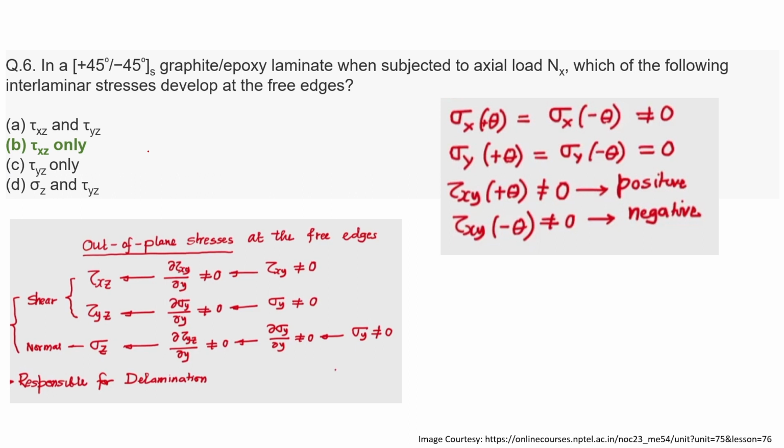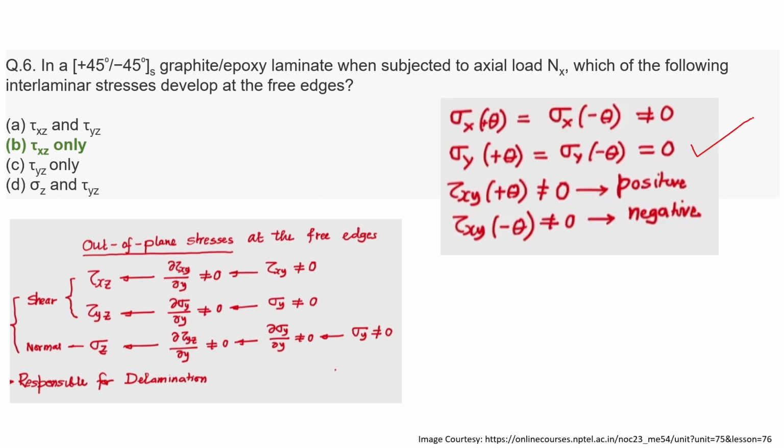Similarly, in a plus 45 minus 45 symmetric graphite epoxy laminate when subjected to axial load Nx, which of the following interlaminar stresses develop at the free edges? Sir has also discussed this in his lectures about plus minus theta symmetric laminate. In that also, when you apply Nx load for the plus minus theta symmetric laminate, the output you will get is that sigma x plus theta, sigma x minus theta will not equal 0, but sigma y plus theta, sigma y minus theta values will